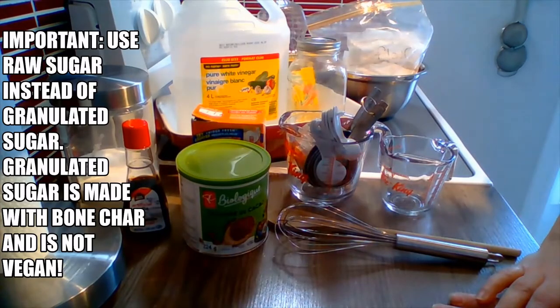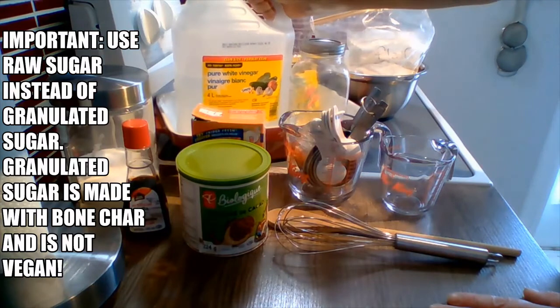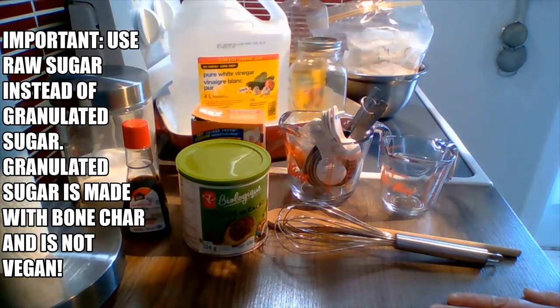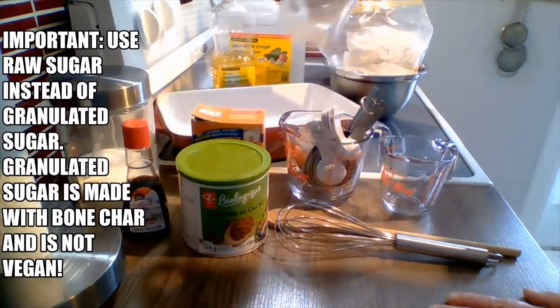This video is on how to make a homemade vegan chocolate cake. The ingredients you are going to need in the equipment is vinegar, vegetable oil, salt,